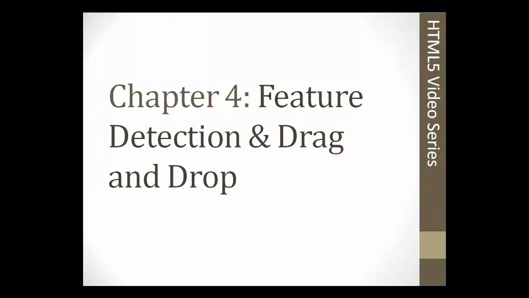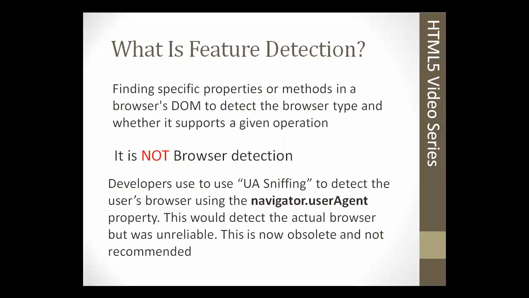In Chapter 4, we're going to talk about two things. We're going to talk about feature detection, and we're going to talk about drag and drop, which is a new feature of HTML5. So what is feature detection? Feature detection is finding specific properties or methods in a browser's DOM to detect the browser type and whether it